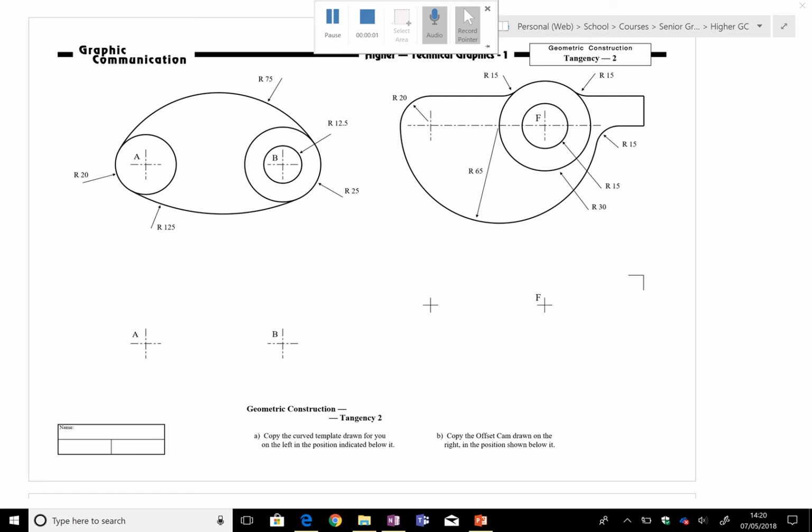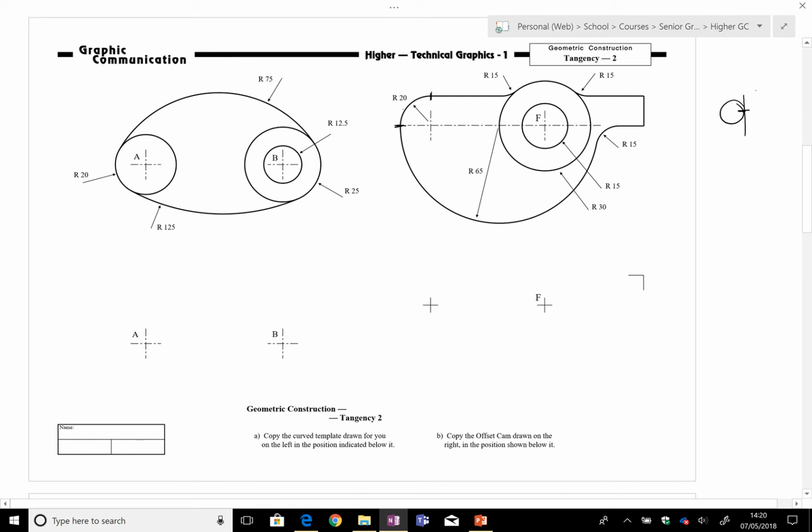So, tangency task number 2. This is where we get a wee bit more complicated. Still using the same method where a pointy tangent is where a curve is meeting another line. Now, before I said it was a circle meeting a straight, and that's our pointy tangency there. Now, the other thing we can have, which is shown on these drawings here, is where this curve meets another